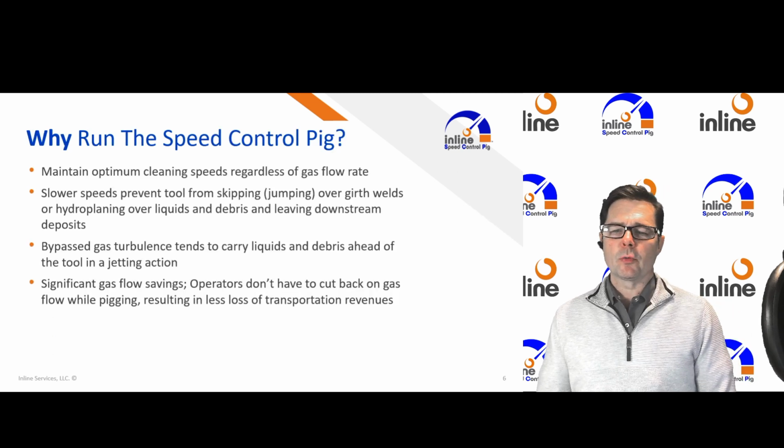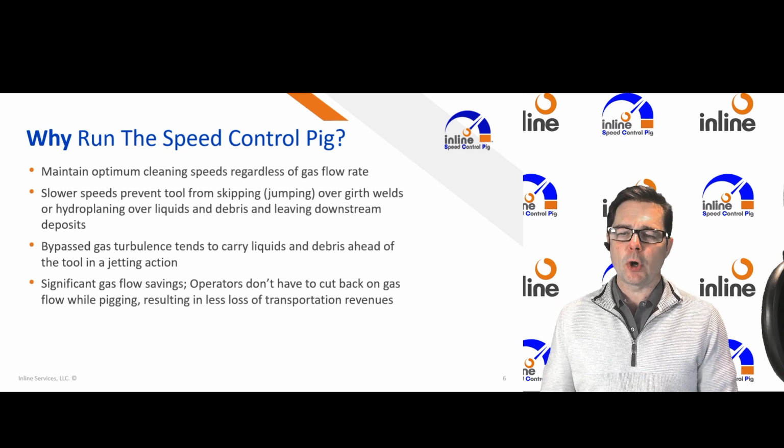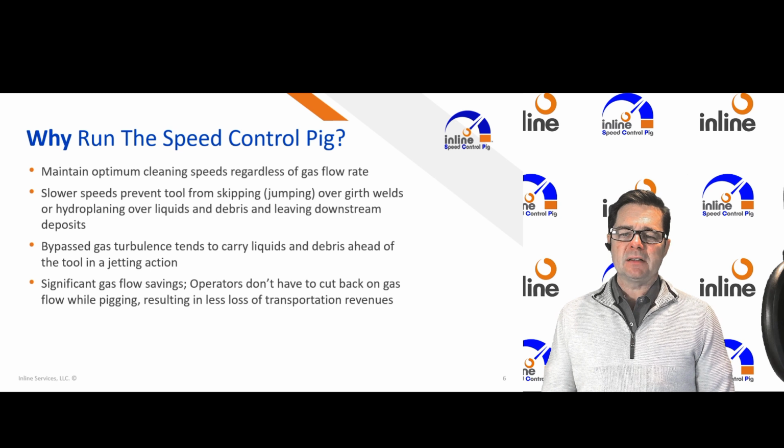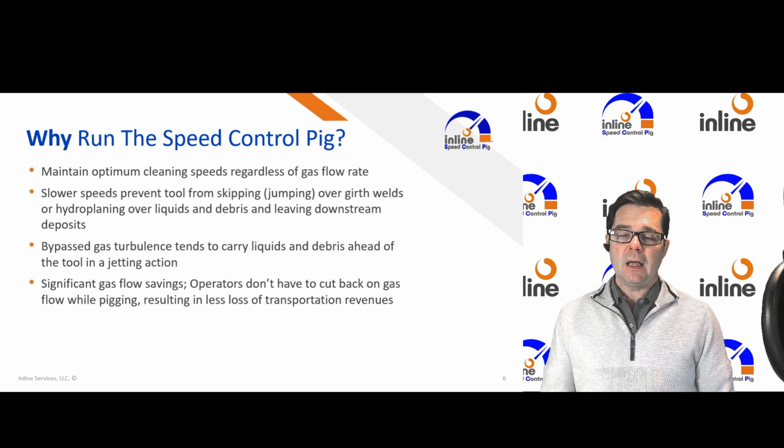Now, why do we want to run the speed control pig? Well, we talked about that a little bit earlier, but we want to maintain optimum cleaning speed regardless of the flow rate. Obviously, slower speeds prevent the tool from skipping or jumping over welds or hydroplaning over any liquids in the line. Make sure if we're going slow that we sweep all that out